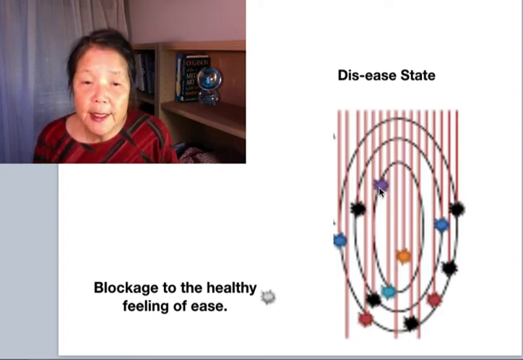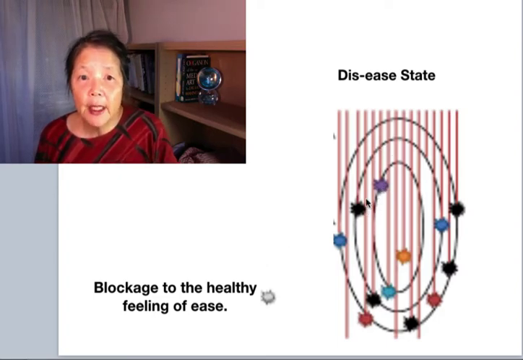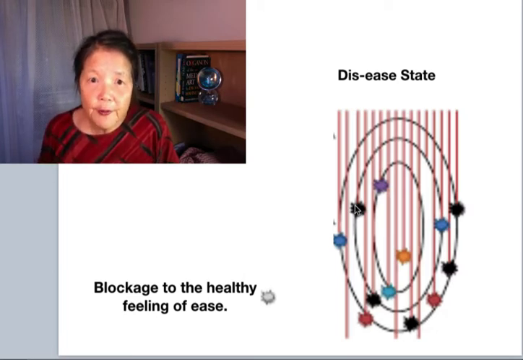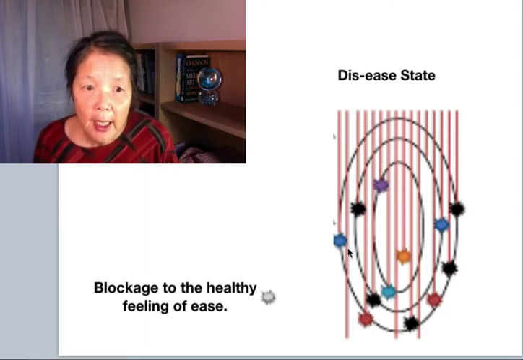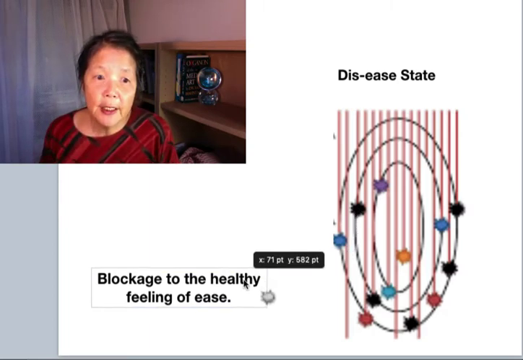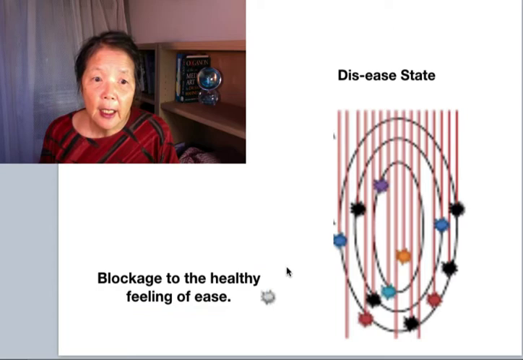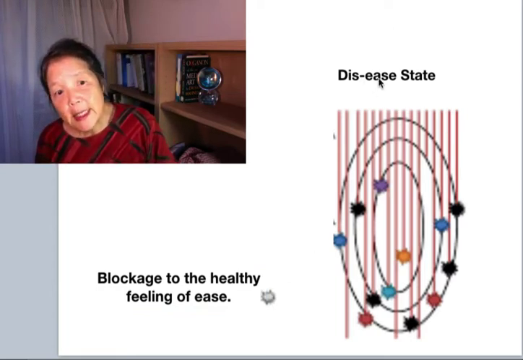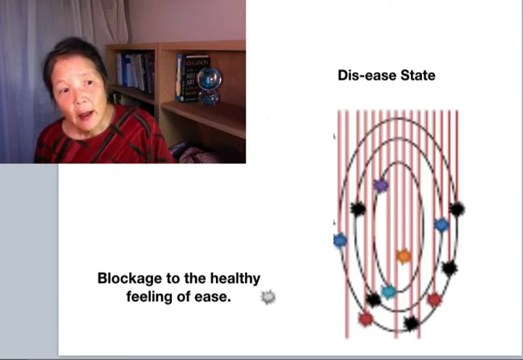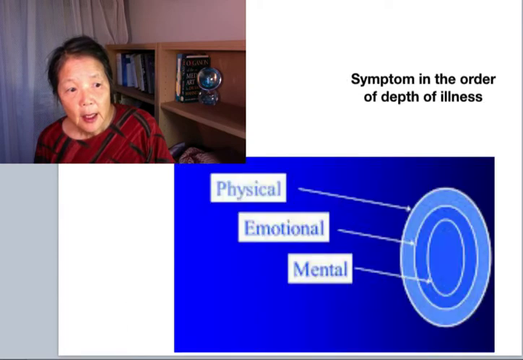But when there's a disease, then somehow the energy of the body, the vital force of the body, the health of the body gets blocked. And we feel this as a kind of blockage. So we're no longer at ease. We're at dis-ease, okay, when this is blocked. And